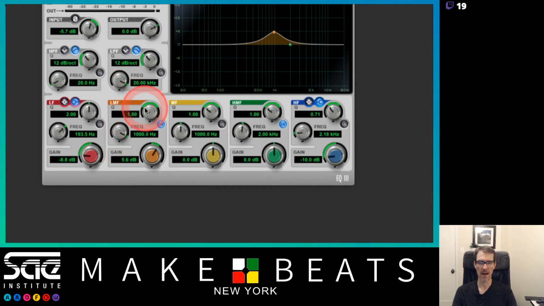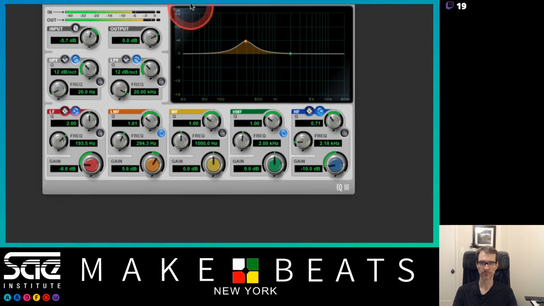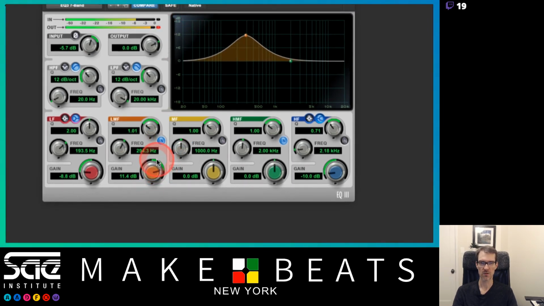It only goes up so high. This one goes up to 1K, goes down to 40 Hertz. And if I adjust my bandwidth here, a wider bandwidth like this, and a narrower bandwidth like this, we can adjust the bandwidth there. And that's what the bandwidth means. So I hit play, boost it up. If I adjust my bandwidth,